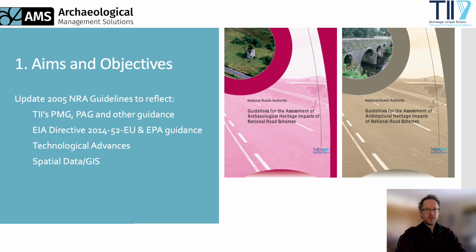The other big technological advance, of course, is spatial data and the use of Geographical Information Systems, or GIS. GIS is increasingly used to compile, store and interrogate spatial heritage data, analyse impacts, compare options, plan and undertake fieldwork, including recording data in the field, as well as presenting findings in map form and sharing it with TII, local authorities, other cultural heritage specialists, and the general public. So there's a big focus in the new guidelines on GIS, including the types of data that need to be captured and in what format, and how spatial data is to be presented in terms of mapping for reports.